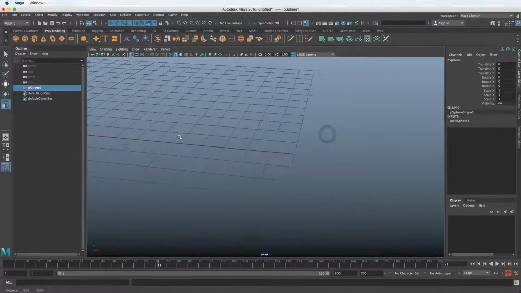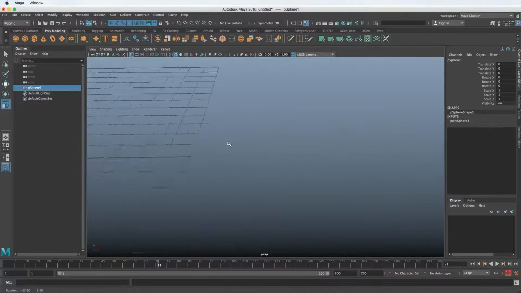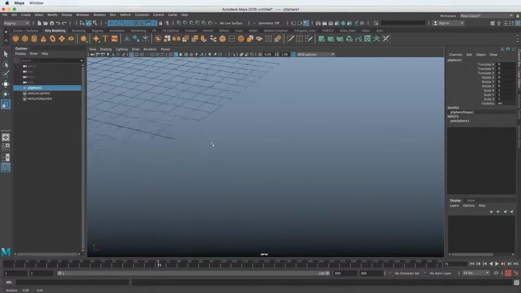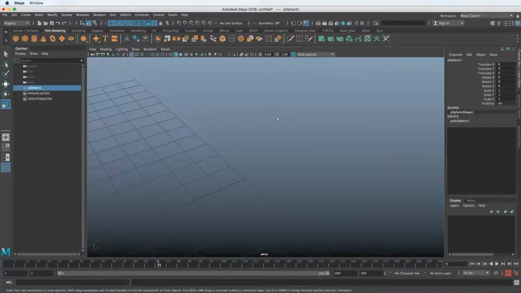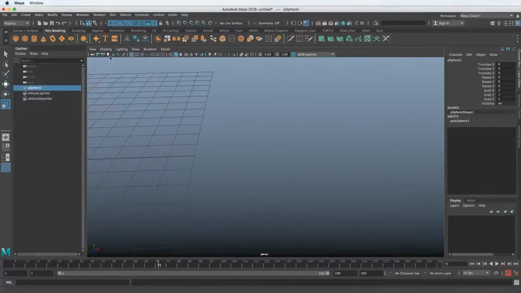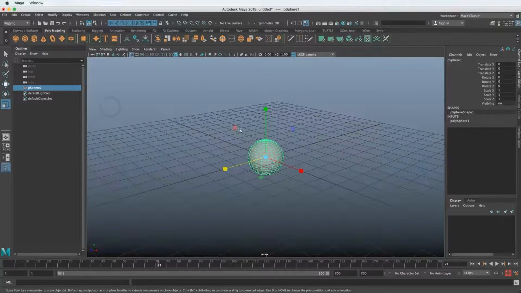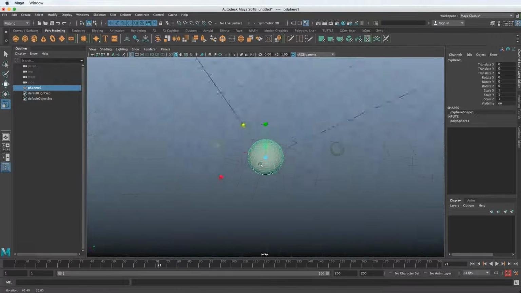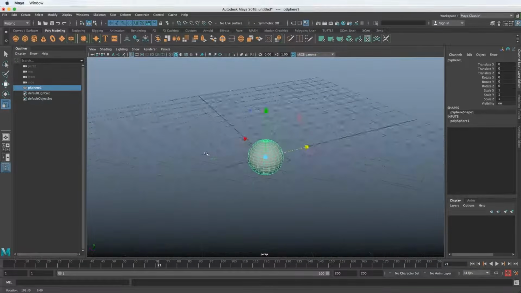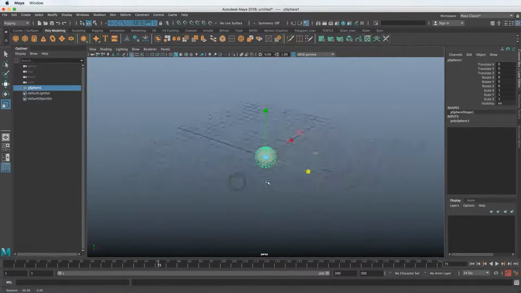One other thing that's very helpful is look at selection. So for example, if we're over here and I'm rotating around, I'm not rotating around the object anymore. And why is that? That's because my center of interest is somewhere over here and I can't rotate around the object. So if I want to rotate around the object, I can go look at selection. The position of the camera didn't change, but now it's just rotated looking at the selection. And now I can pivot around that object. So that's one way to help control your camera.